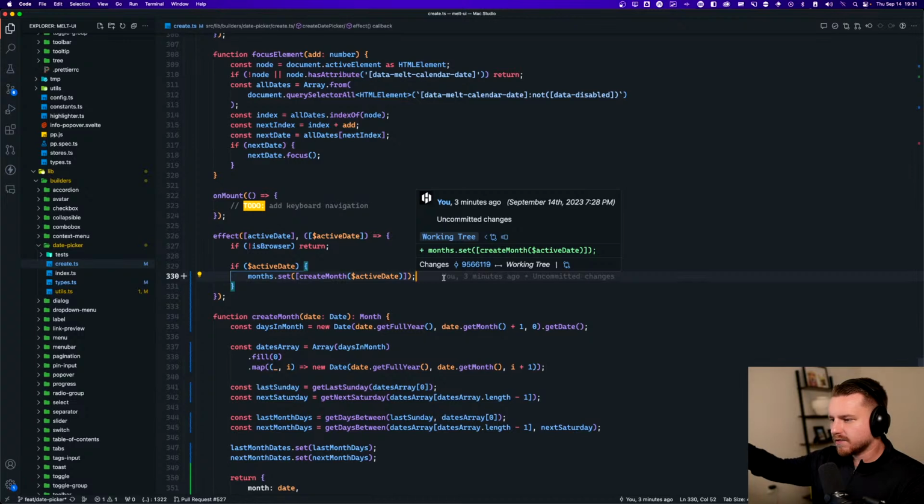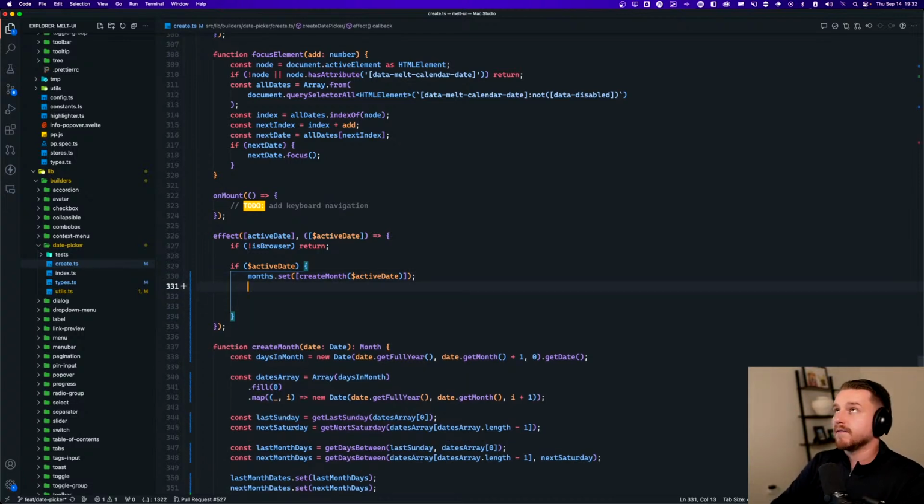Now if they have 3 months, they can do 3 probably. Hello, everybody. Welcome, Oscar. And then the next months are going to be based off of this active date here. So we have the active date. If they have an arbitrary number of months, so we'd say if